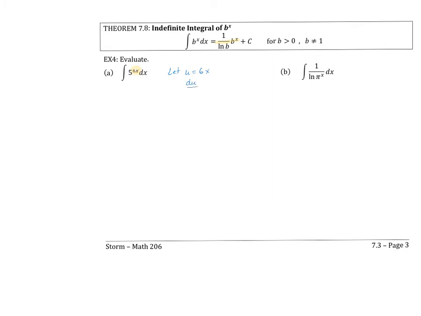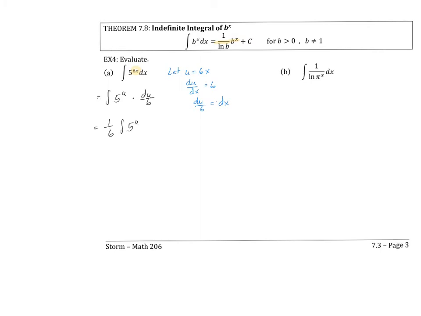So my du over dx is 6, or in other words, du over 6 is dx. Okay, so my integral is going to be the integral of 5 to the u times du over 6. Or in other words, 1/6